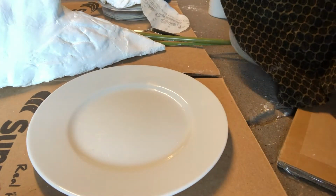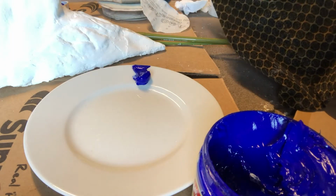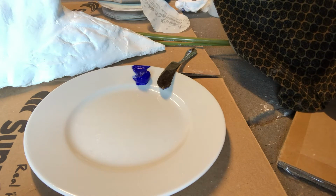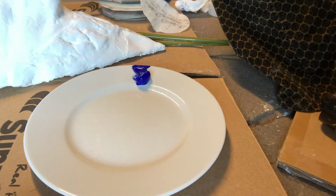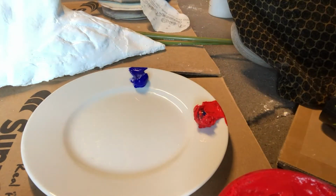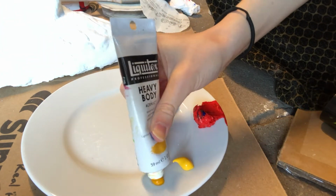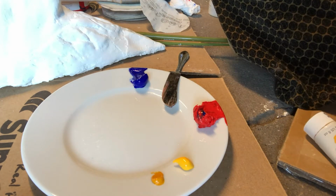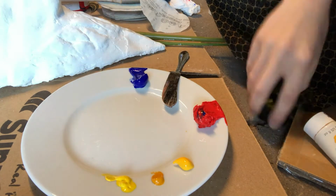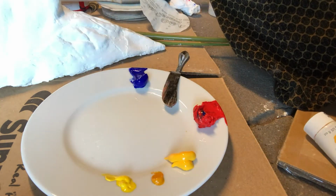Alright, so now I'm going to just be spooning out a little bit of each of my paints, and I'm going to give them their own space on the palette. My paints are a little bit contaminated already because I used to not do this, even though I should have, because I did not take as good care of my tools as I should have, which is something that my parents always told me was one of the most important things about being an artist, is to respect your workspace and respect your tools. Keep everything really clean, which I never really took seriously, but now, as I'm getting older, I really